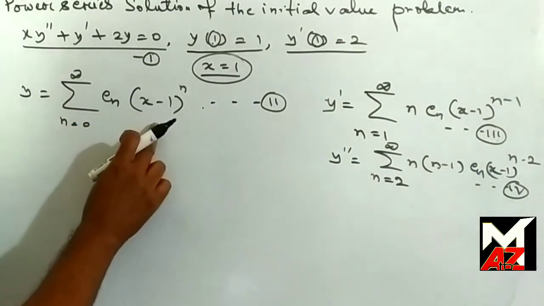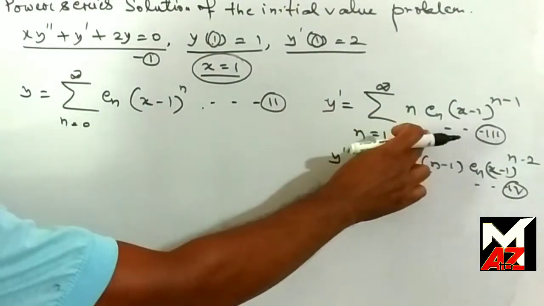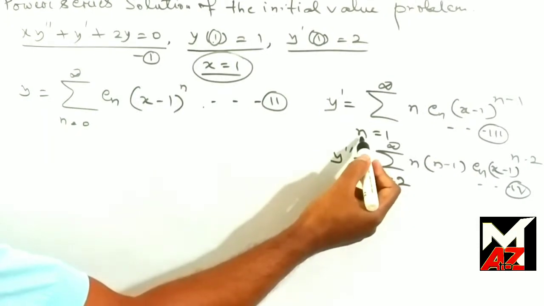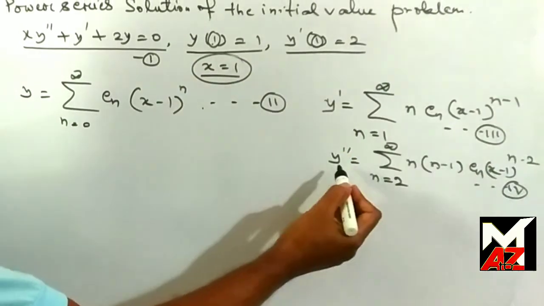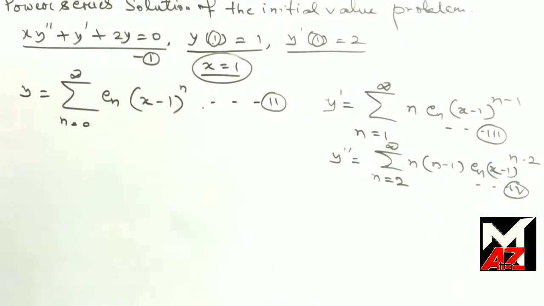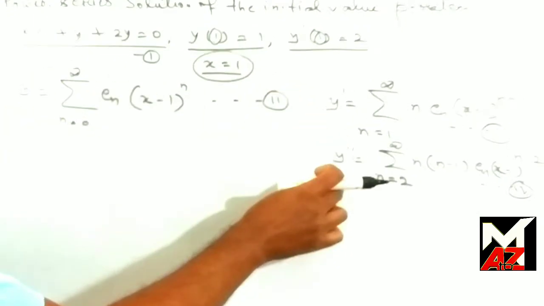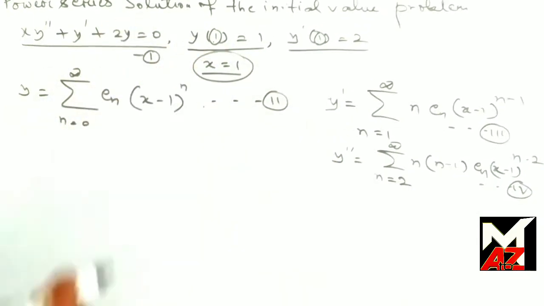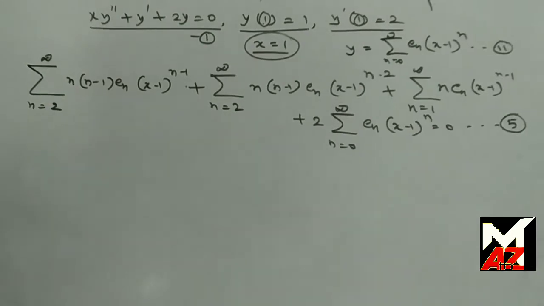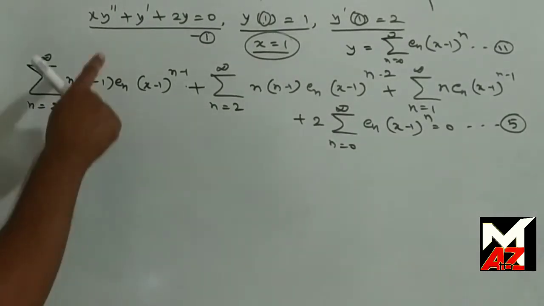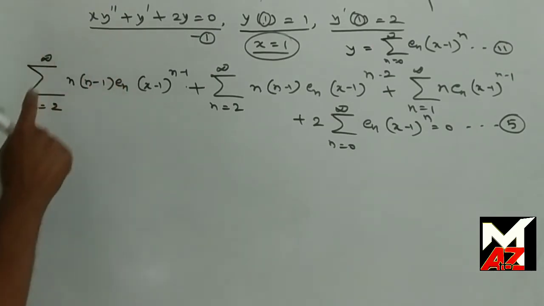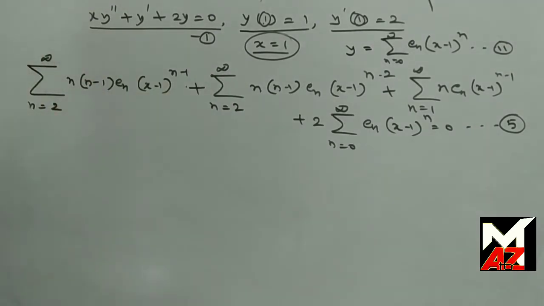So from 2 we get y dash, this is equal to this. Here the range is from n equal to 1, and y double dash range starts from n equal to 2. Now putting the value of y dash and y double dash in 1, we get the result as this is